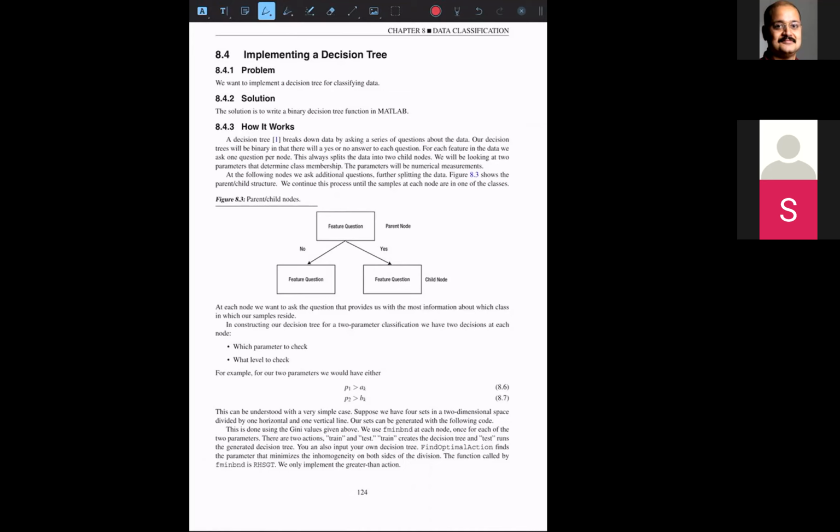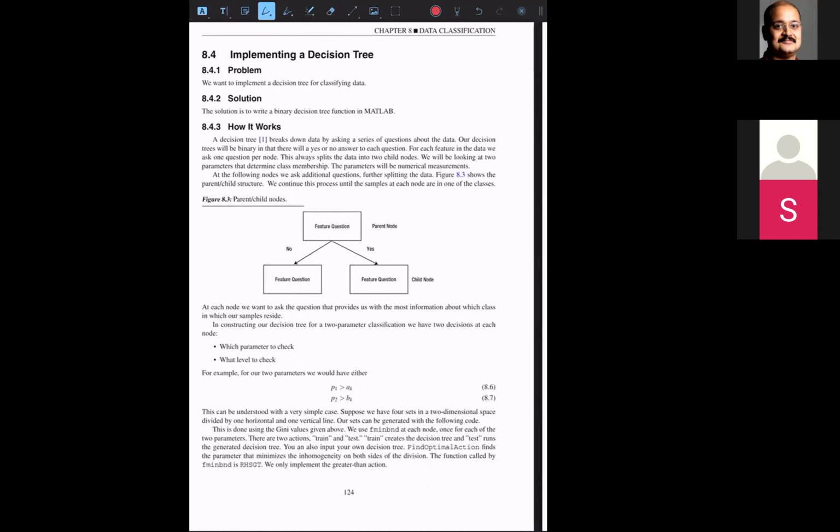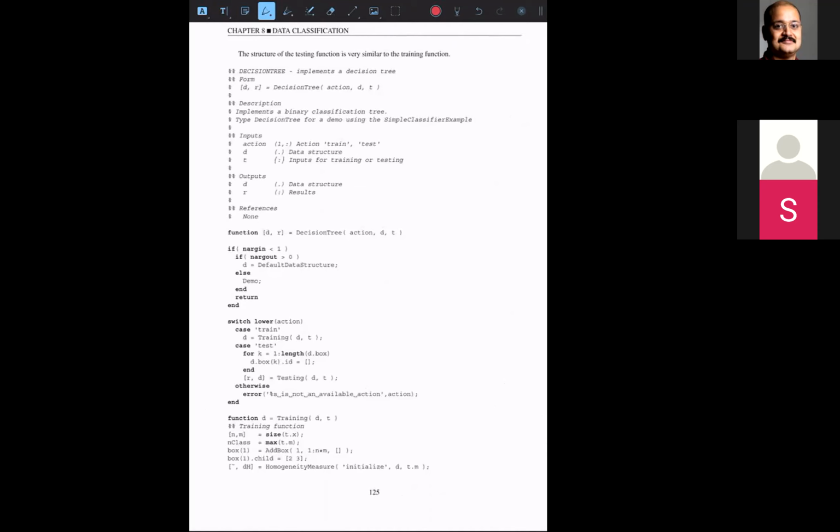And then the next part is, how would you implement the decision tree? Based on the feature that you are looking at, you will ask the question about classification. Then as more and more information comes in, you train and then decide the threshold. The next part is just a manual implementation of the decision tree. So the next code is decision tree. Take a look at it.